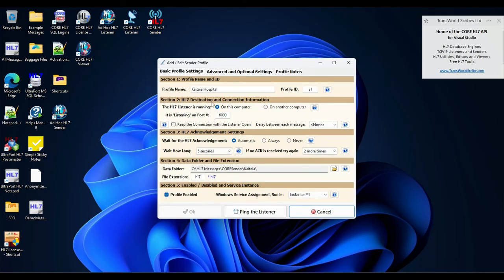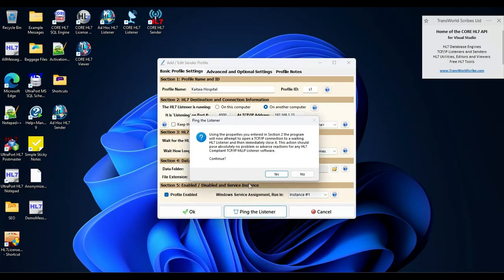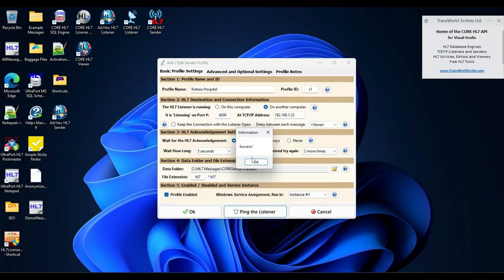profile. We first want to specify that the listener is running on another computer and then we can enter the TCP IP address here. Once we've done that, there's a button at the bottom here, ping the listener. We can use that to check that there actually is a listener running at that IP address we've specified on that port. And if we continue, we can check, yes, success, there is,